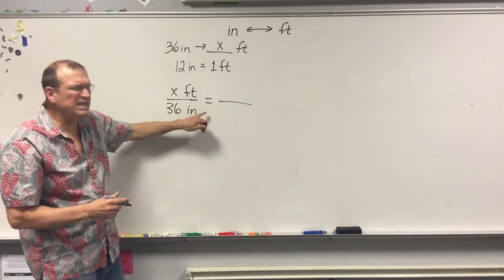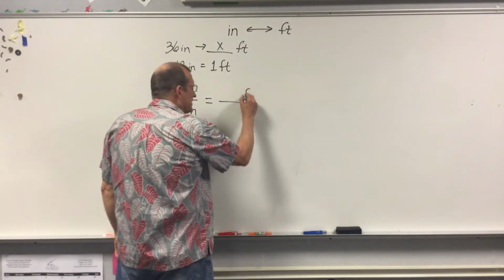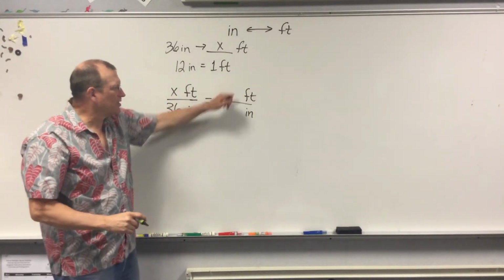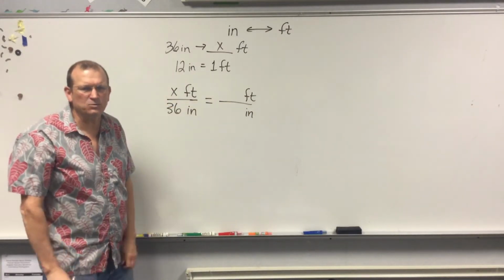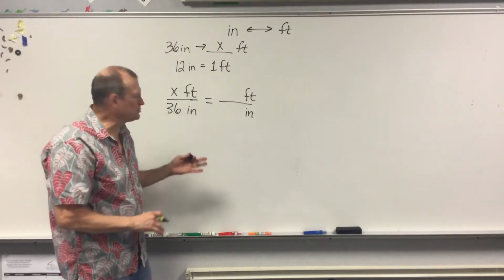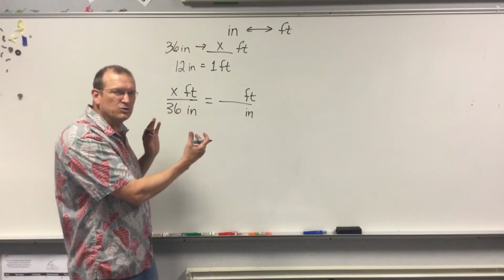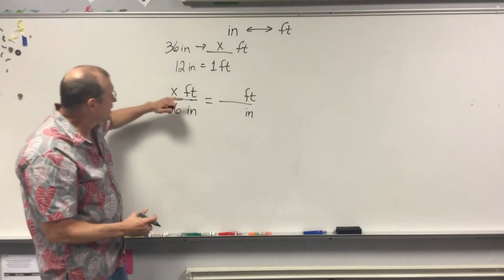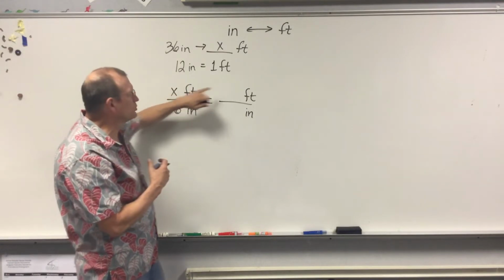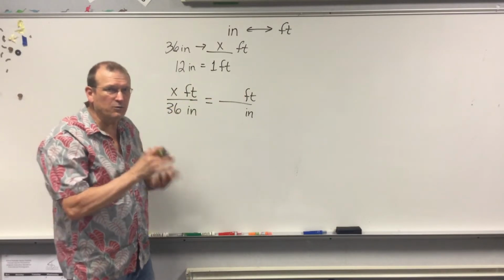Now, in order for us to set up a proper ratio here, the only way that works is if I have the same units on the same side of the fraction on the other side of the equal sign. And as much as people don't like geometry, when you have similar triangles, you play games like this because ratios, proportions are similar. So the idea is if you had one side in the numerator from one triangle, you have to have the corresponding side in the similar triangle in the numerator as well,